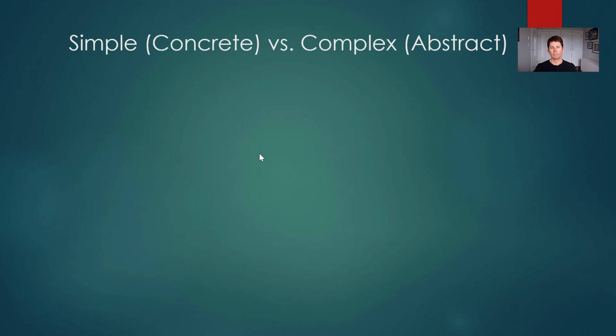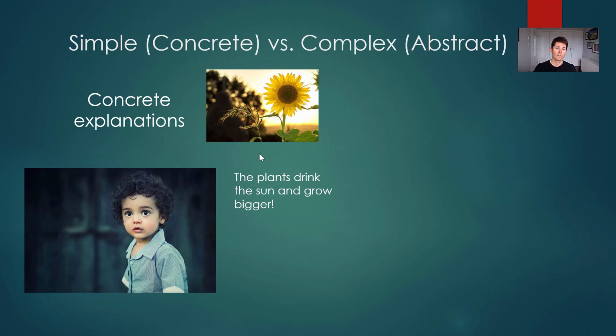Well, very broadly speaking, it comes down to the difference between simple or concrete ideas in language versus more complex, abstract versions of language. Let's imagine you were trying to explain something to a child. Let's imagine you were explaining to them the process of photosynthesis. And so you would provide this child a very concrete explanation given their age. You might say something like, the plants drink the sun and grow bigger, and use simple nouns to convey your